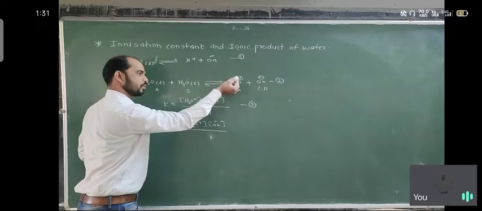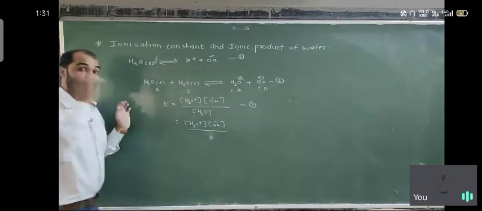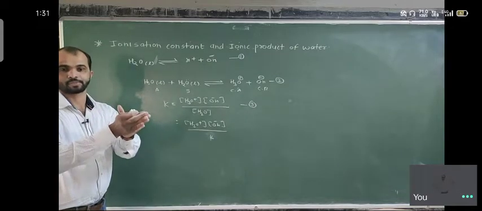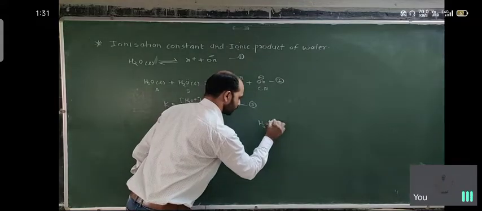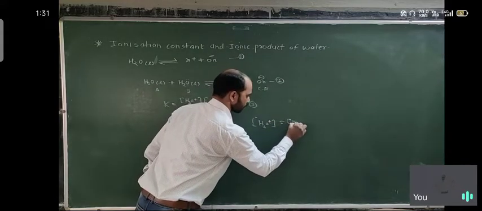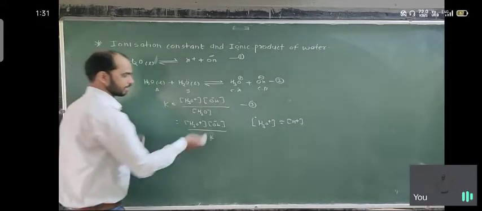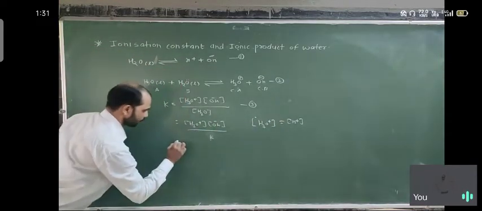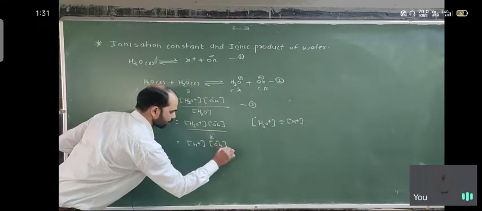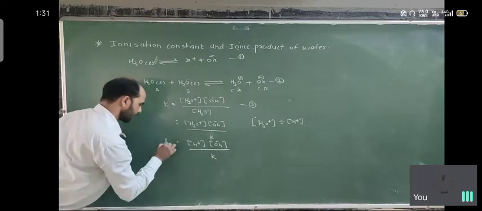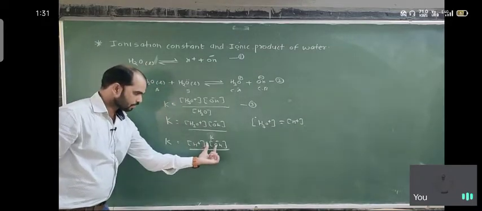Again it is able to return the H plus, that means their concentration is always equal to H plus. How many H plus is there? So here, H3O plus concentration is equal to H plus concentration, both are same. So we are just replacing the H3O plus by H plus, so we get the H plus concentration times OH minus concentration upon K. So K is equal to H plus OH